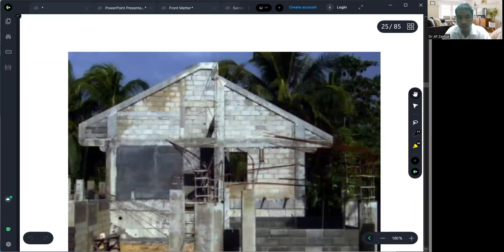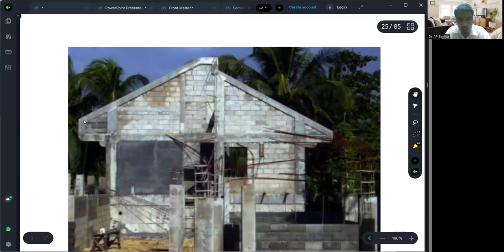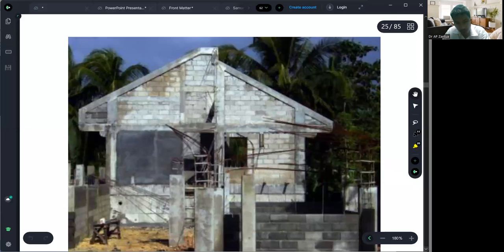Okay, next. Is this good or bad? Proper beam at the top. Beam, chord of the roof. Roofing chord, we have what? Columns which extend up to the roofing. Another column, another column. We have additional support here. So we have good columns. So it's good, no? It's better